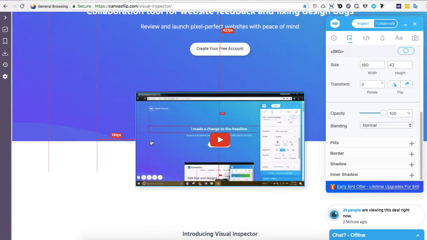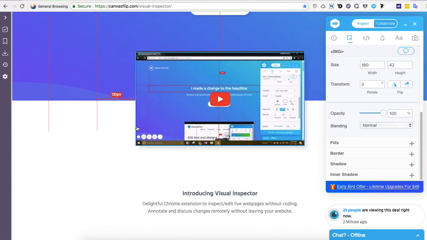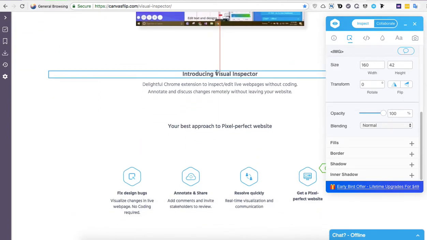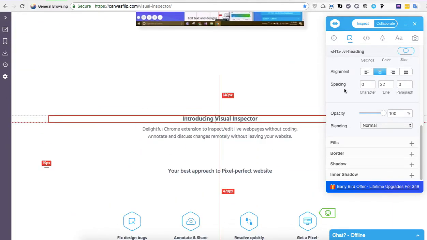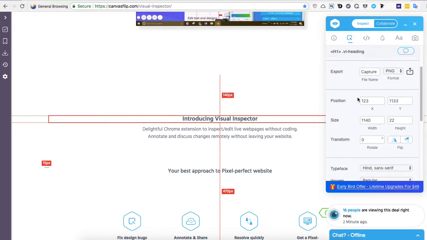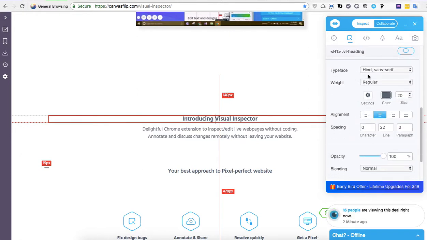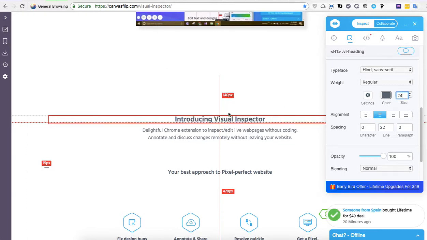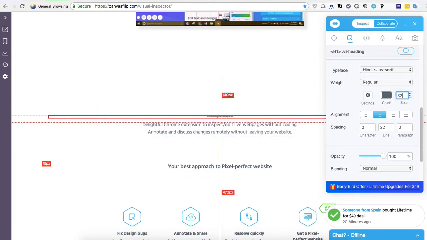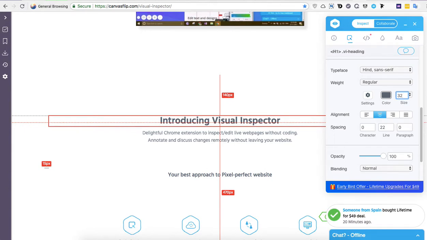So let's say I scrolled and I wanted to, for example, make this text here a little bit bigger, right? So right now it's telling me that this particular font is from the font family Hind and that the size is currently 20 pixels. However, let's say I wanted to make that 24 pixels. So I'm going to say 24, and you can see right away the size change. Maybe I could do something a little more dramatic so you really see the change. So 32 pixels, right? And you could see that change appeared,